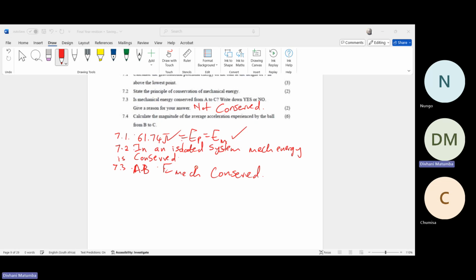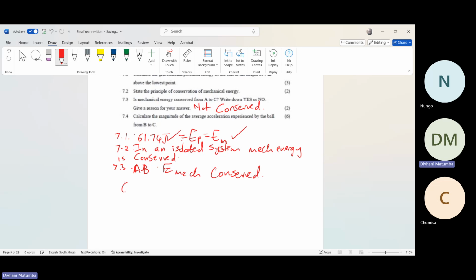Okay, so if it is conserved, we are allowed to use the equation of conservation of mechanical energy. Okay, give me a minute, let's see. So that equation is